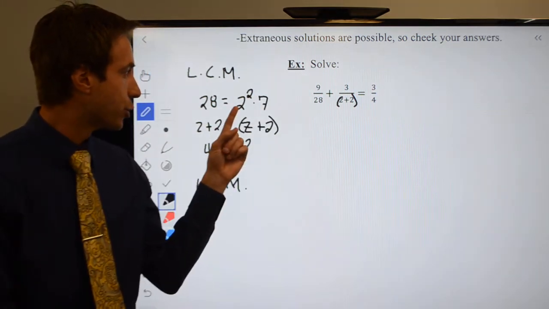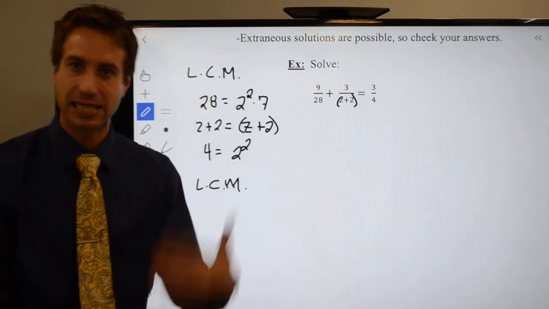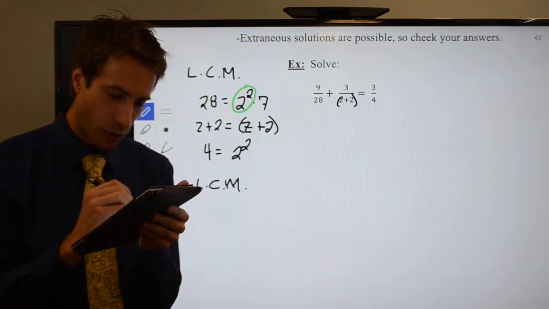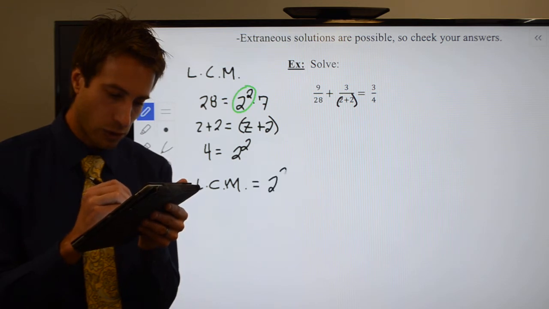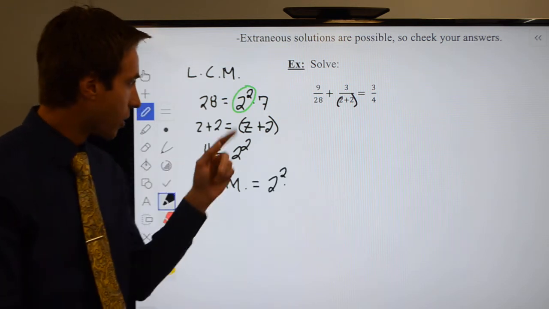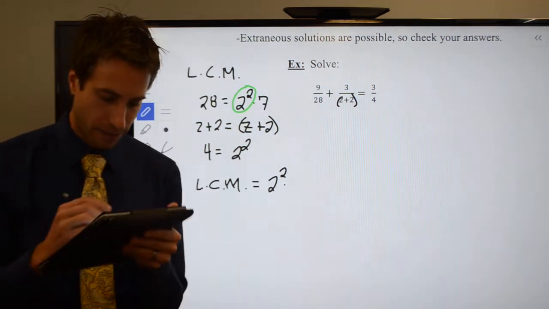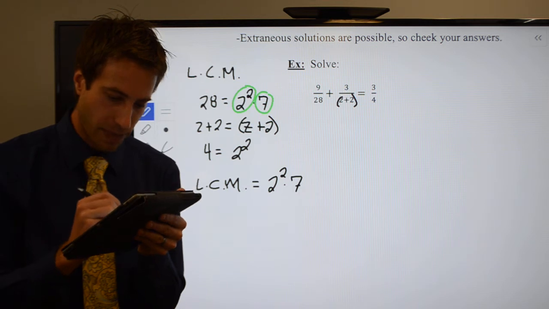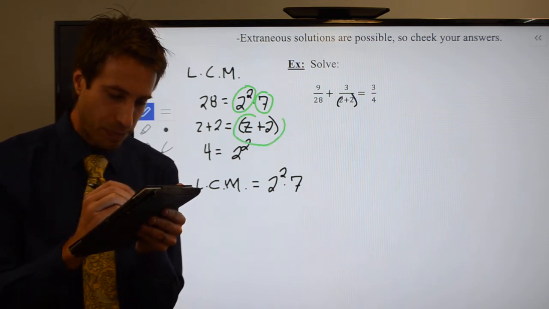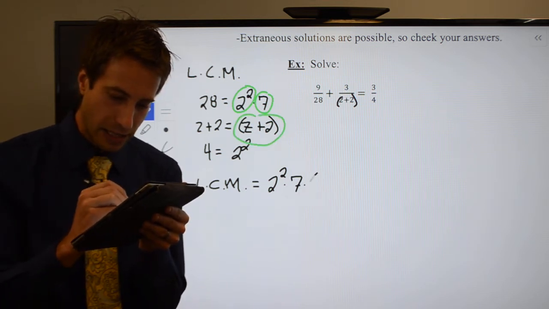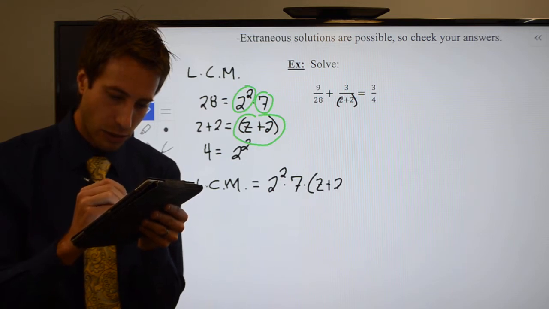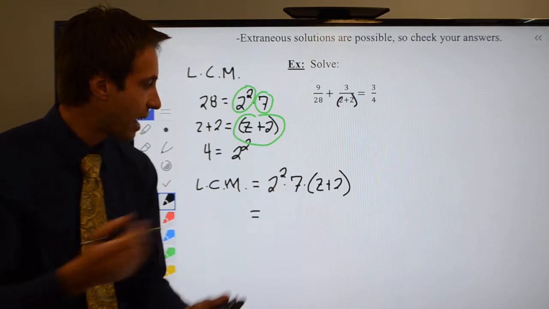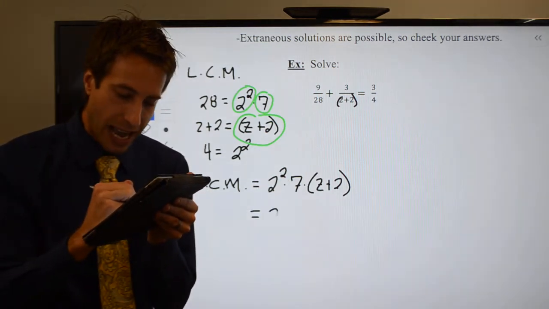So I run through this, I have a 2 squared and a 2 squared. Well, that's the exact same thing, so just keep one of them. I'll go ahead and keep that guy, and so I have a 2 squared. Then I can keep going. Let's see, I have a factor of 7. So I need to keep that guy. He only shows up once, so I'll just keep that one. And then I've got this guy, the z plus 2, and I'll need to keep that as well, z plus 2. All right, so we go ahead and multiply that out, right? That's a 4, that's a 7, 4 times 7 is 28, so I wind up with an LCM of